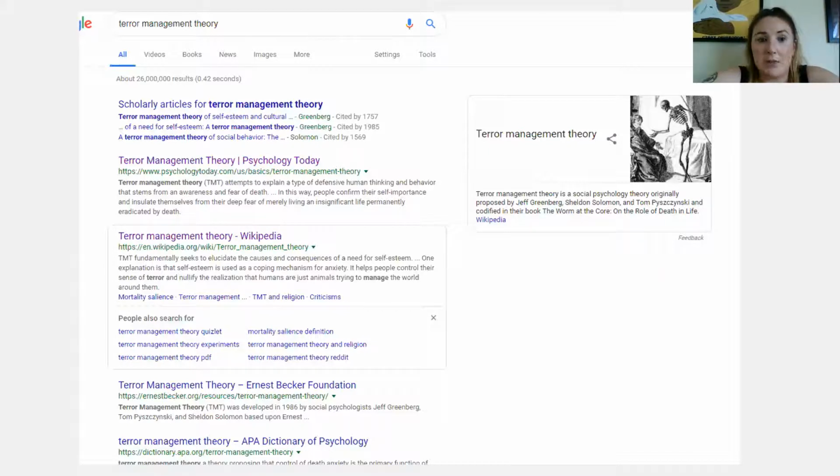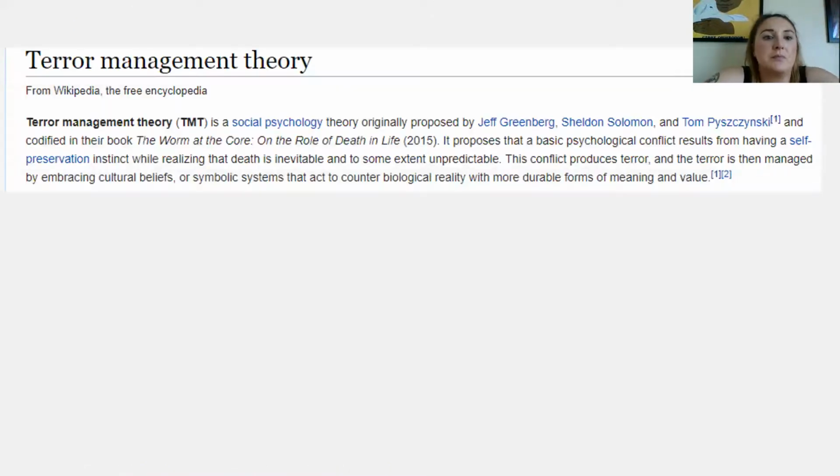If you were to click on that, it would take you to the Google Scholar results. So it just gives you the scholarly stuff. I've already gone over Google Scholar, so let's see what happens if we go to that terror management Wikipedia site. Okay, so it takes you to this article, and it has a really quick, broad write-up at top before it gets into its subsections. Like I mentioned, one strategy I would recommend is to follow up on the references available